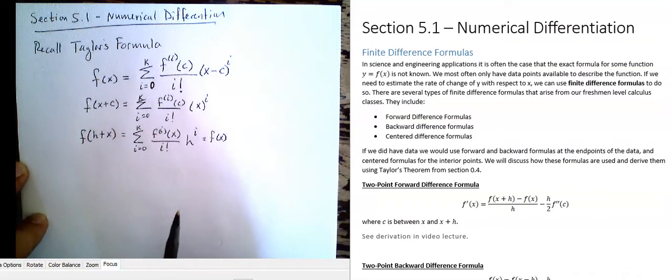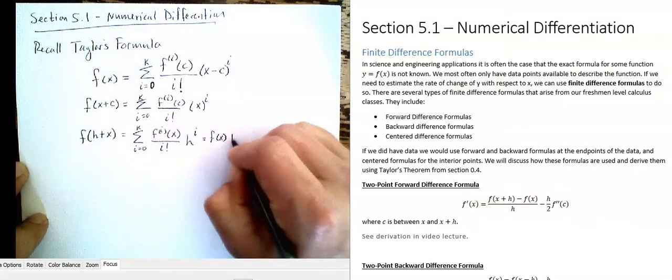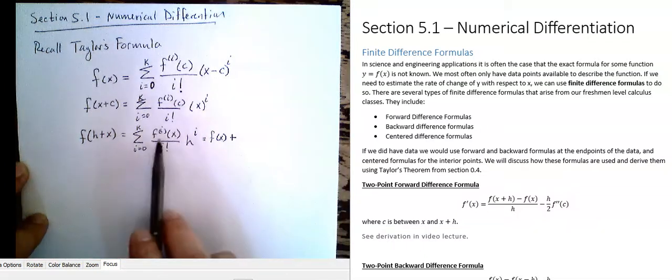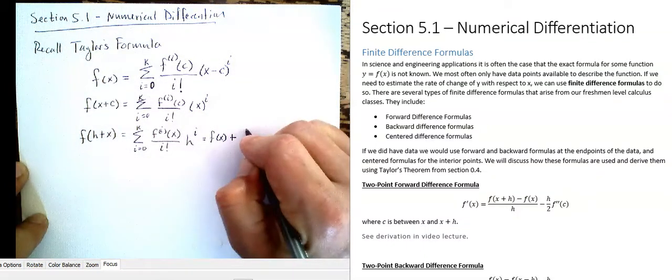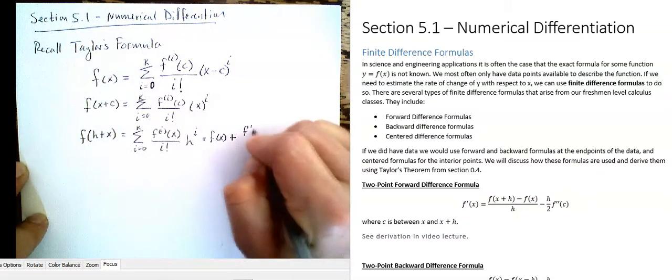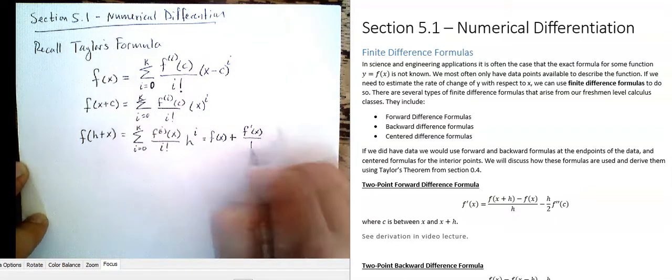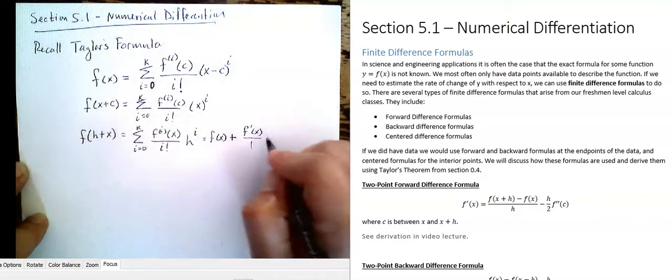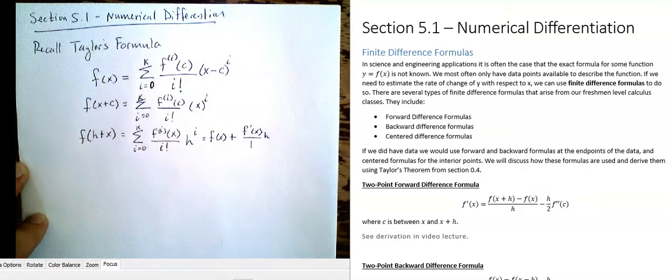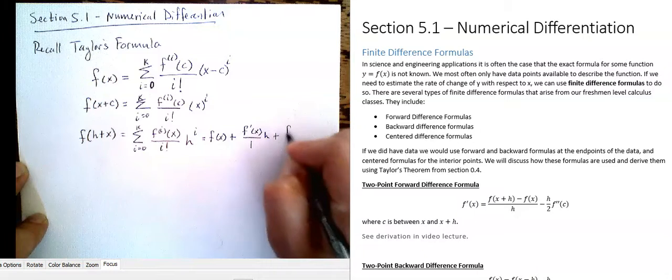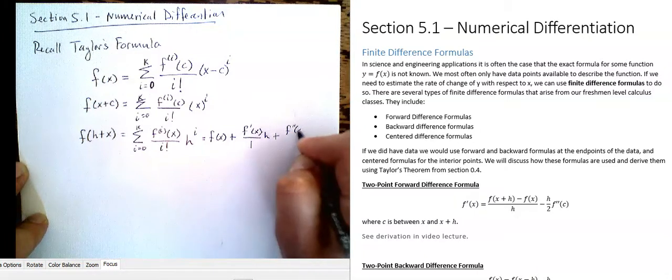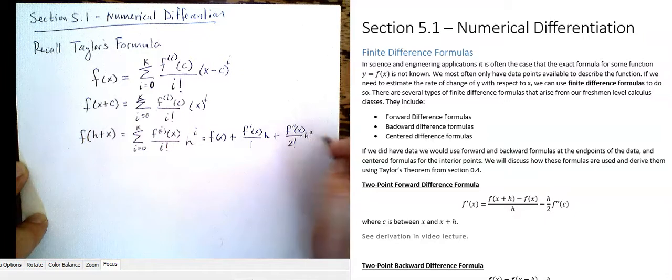So the first term will just be f of x plus, now i is 1, so f prime of x over 1 factorial, which is just 1, times h to the first power, so h there. Next term would be when i is 2, so f double prime of x over 2 factorial, h squared,